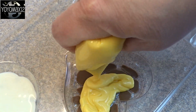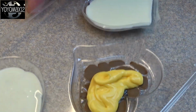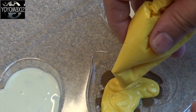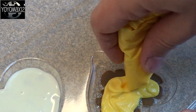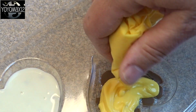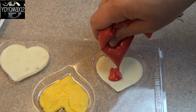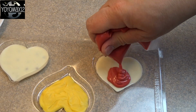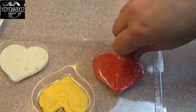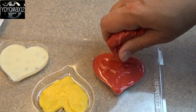And for the giraffe, I used yellow. And as you can see, this particular yellow is very, very thick. And you'll find that with candy melts. Sometimes different colors will have different thicknesses for some strange reason. If your candy melts are too thick, just add a little bit of low taste oil or no taste oil or some shortening. And then I let them harden completely and then added the third and final color, which was